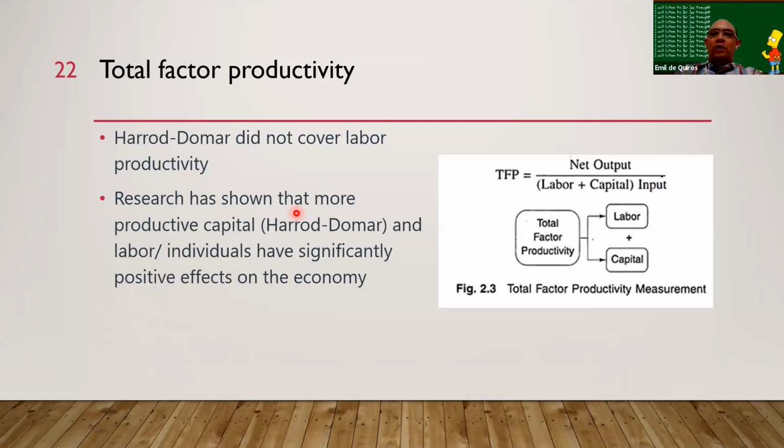That's why there's a term economists use, total factor productivity, TFP. Think of it as the reverse of capital output ratio. But here, it's in reverse kasi the output is in the numerator, not in the denominator. The one in the denominator is just like your capital, but here, it's capital and labor. So it tries to cover all the inputs, especially labor, which Harold Domar was missing.